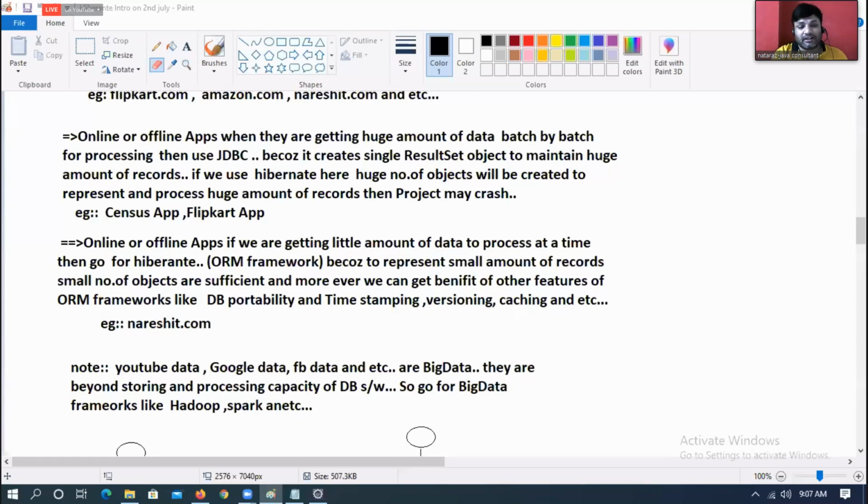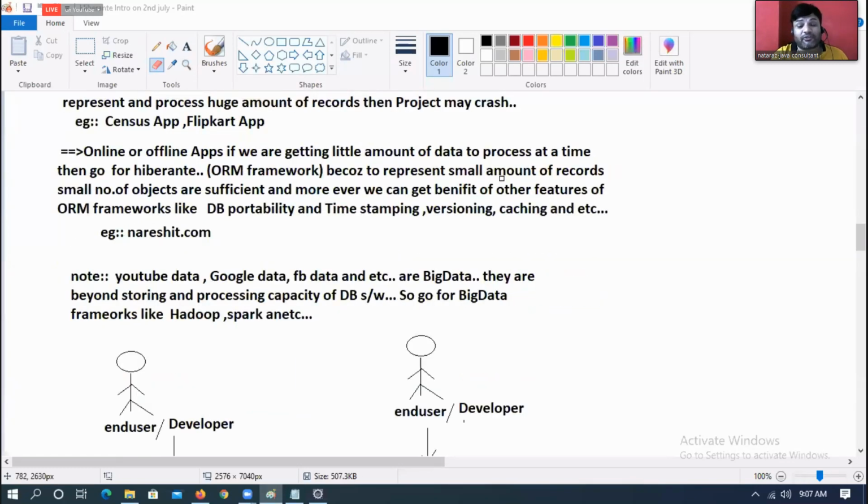Understanding my point there? Sir, then what about big data frameworks? Big data is not only huge data. It is beyond processing capacity. Petabytes, exabytes, Google data, YouTube data, Facebook data are not only huge, they are beyond processing and storing capacity.